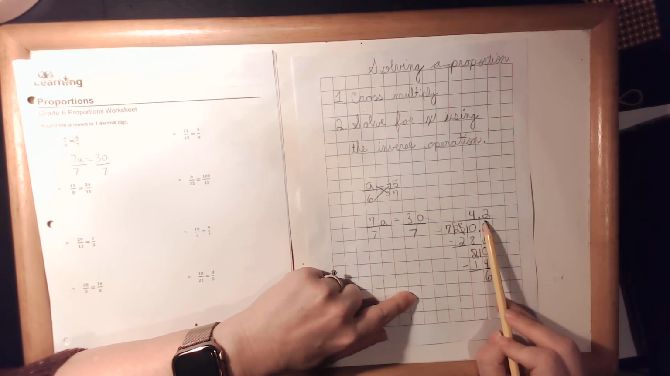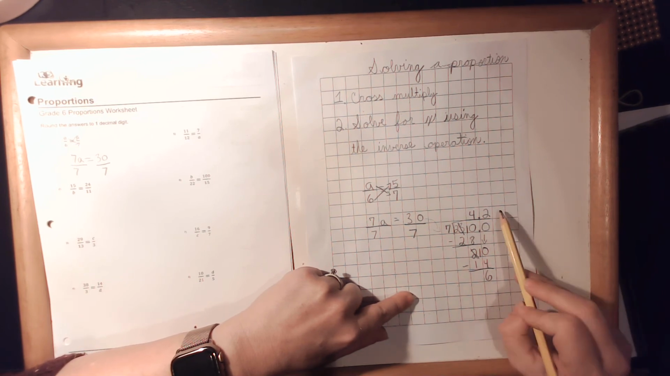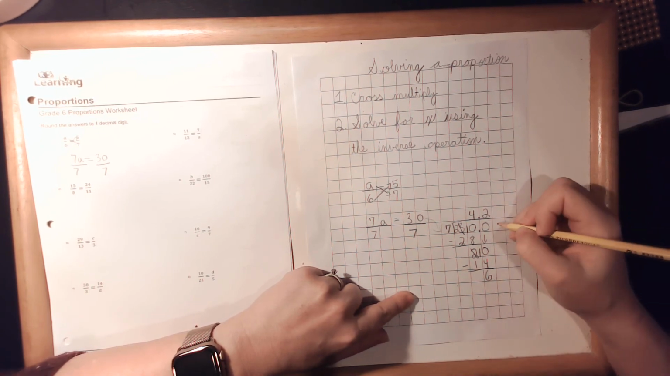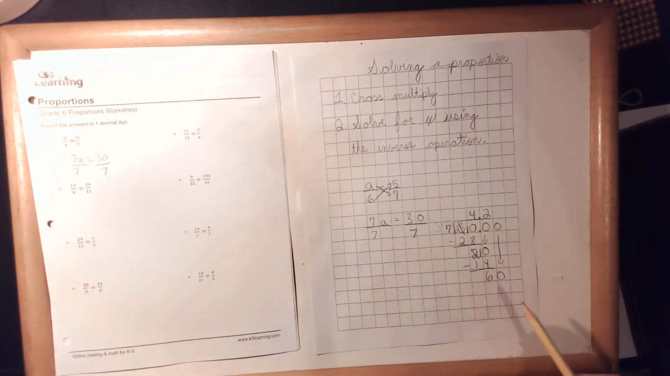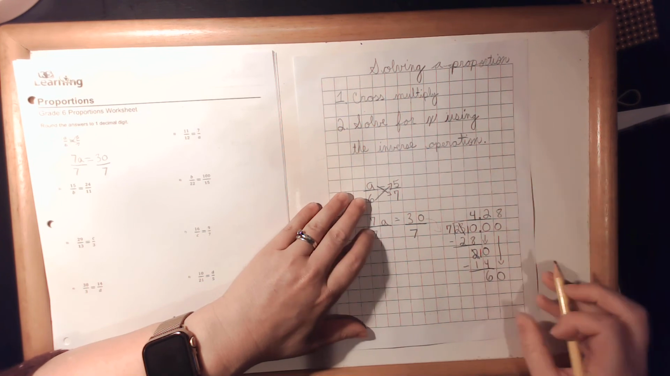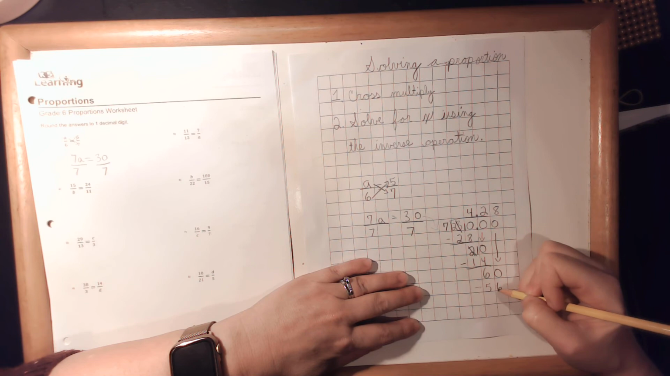I'm not finished. They want me to round to this place value, and since I can still go further, I need to go one more round, and then I'll round that number there. So another 0 comes down, and I can see that 7 fits into 60 8 times. 7 times 8 is 56,